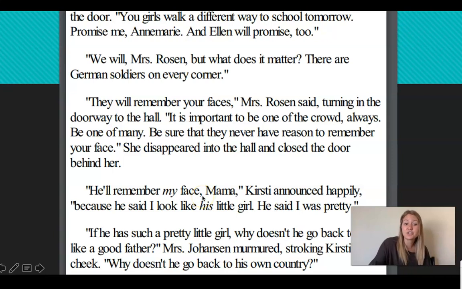Right, so this situation right here, I noticed that Miss Rosen and Kirsty have very different points of view of what is happening here. So remember, Miss Rosen is Ellen's mom. And if we really think about that, you might realize that we learned today in chapter 3 that Miss Rosen is Jewish. And we talked about how the soldiers were specifically targeting Jewish families. So that is one reason that Miss Rosen has to be more afraid of these soldiers